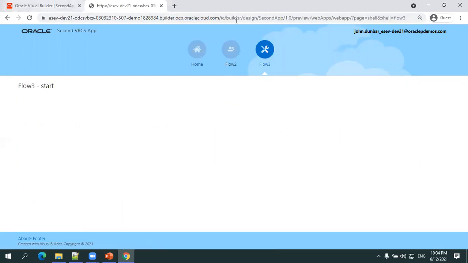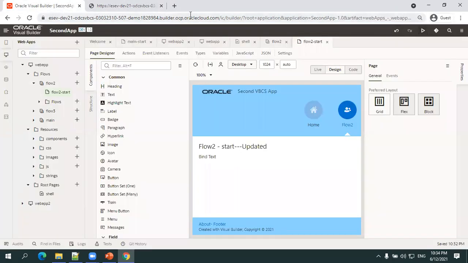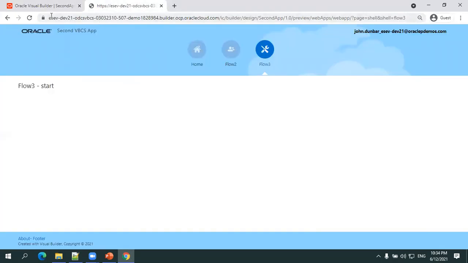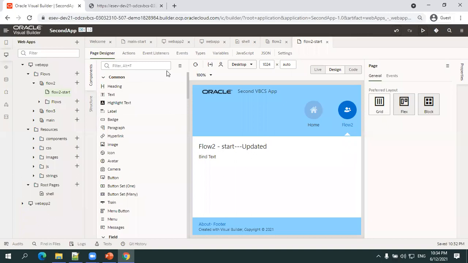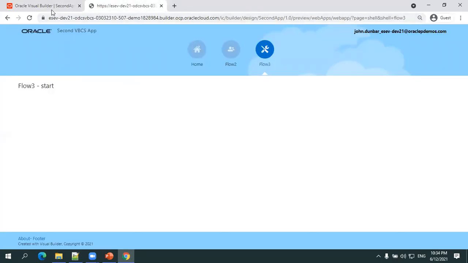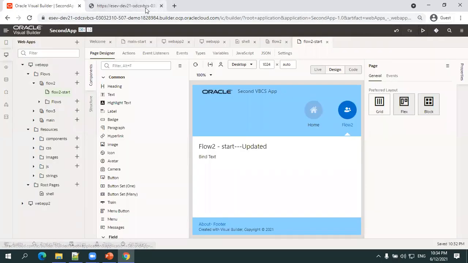You will not send this particular preview to your functional team, because they cannot access that. This preview is just an execution of your program. Unless your VBCS application is open, this will be available. Once you log out of your VBCS, this will not be available.